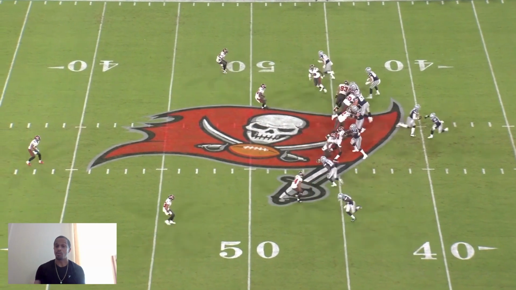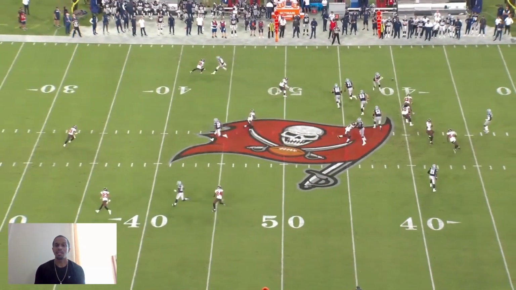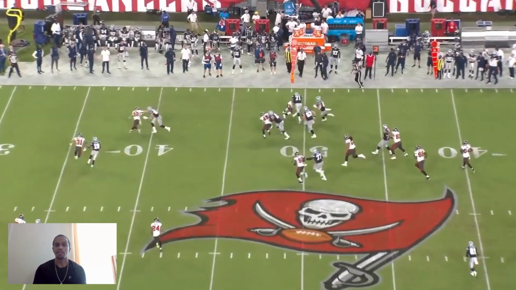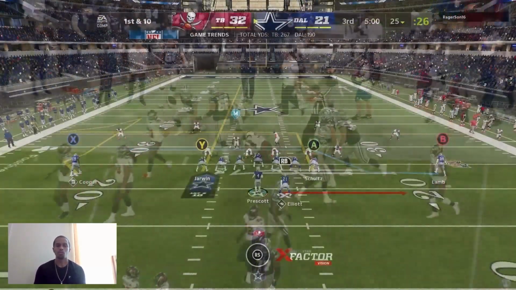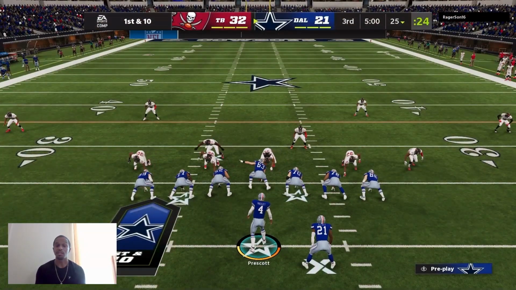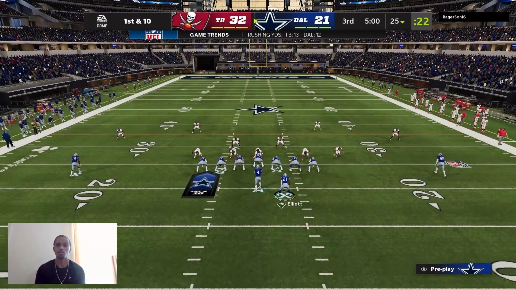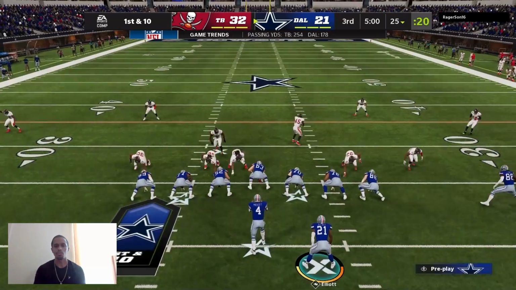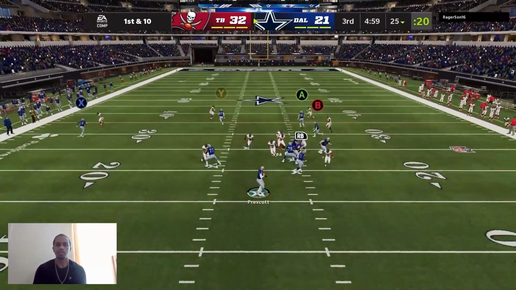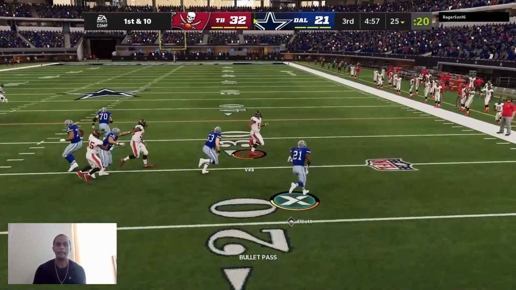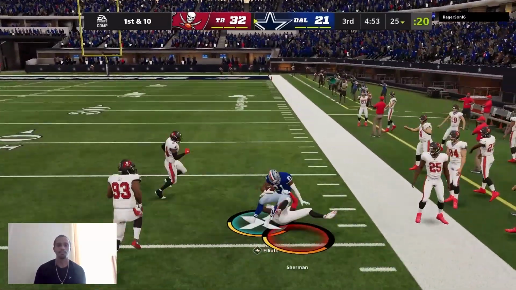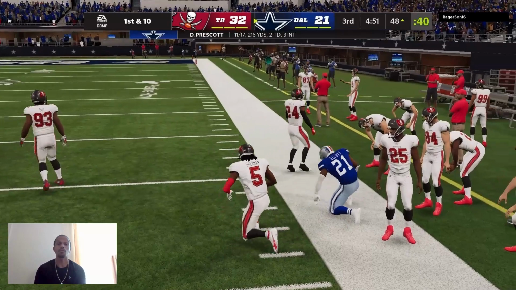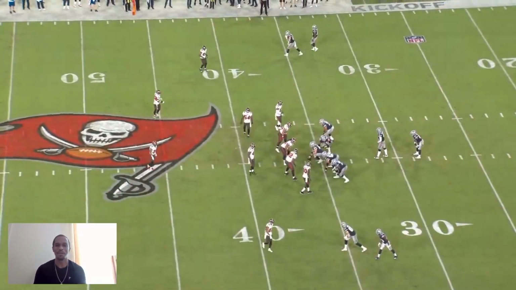Now you see the Cowboys in one of those two tight end formations, but the key here is that they're running a play action and a screen pass. We're going to do a screen pass, but it doesn't involve play action. It does involve an auto motion, so at the same time, creating a little bit of confusion before throwing the actual screen. If that was Tony Pollard, it might have been a touchdown. But anyway,